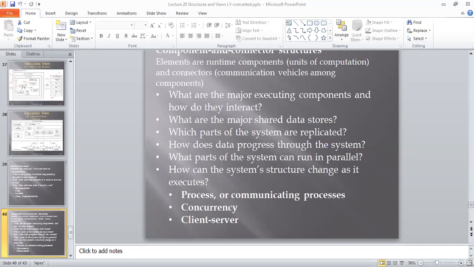The next one, implementation: how it is going to be implemented, and which parts are there for input and output. Those are considered the implementation part.